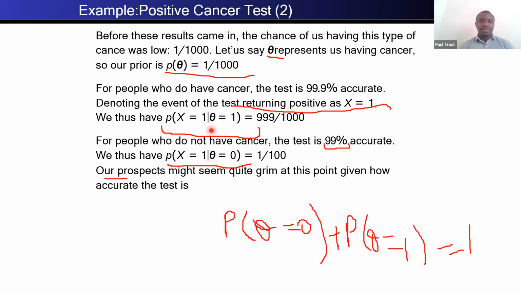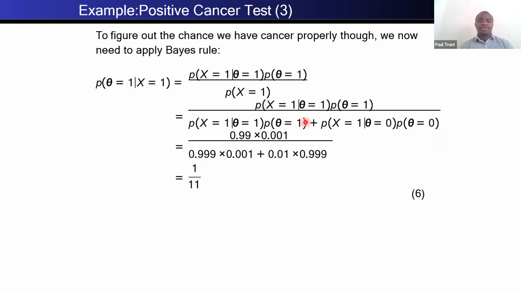But we calculated all of these. The probability of x equals 1 given theta equals 1, we already saw, is 999 of 1,000. Then the probability of theta equals 1, that was the prior, 1 out of 1,000, over the probability of x equals 1, which is the marginal distribution, and we saw that the marginal distribution is obtained from the sum or the integral, but here we are in discrete cases, so it's the sum. So you realize that after calculation, my point here is to show you that much as the cancer test is positive,